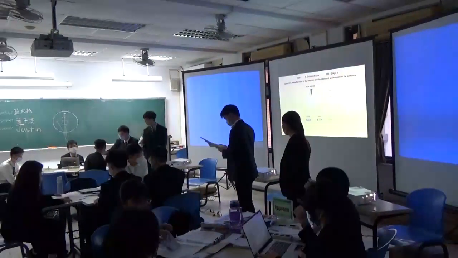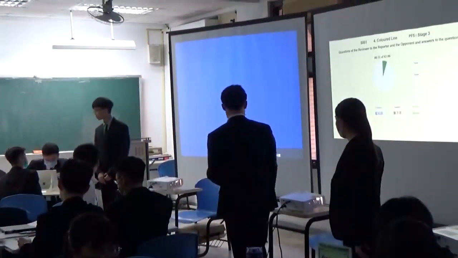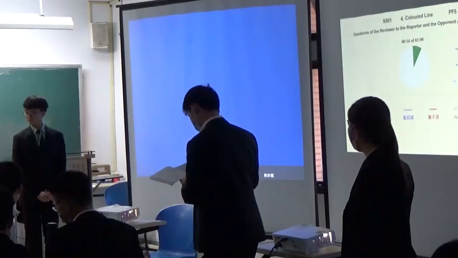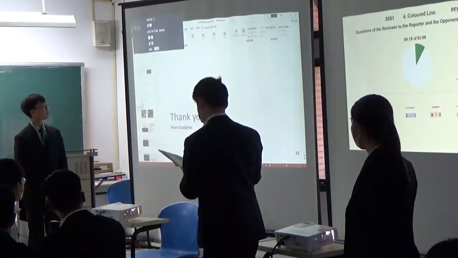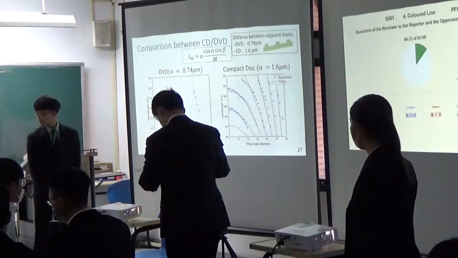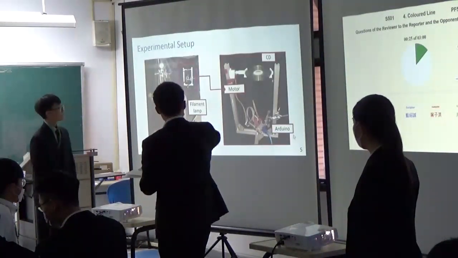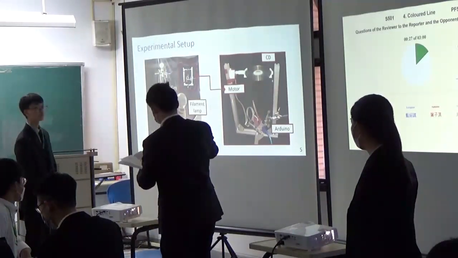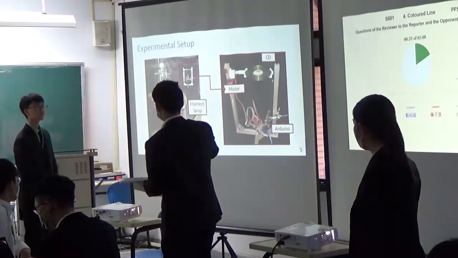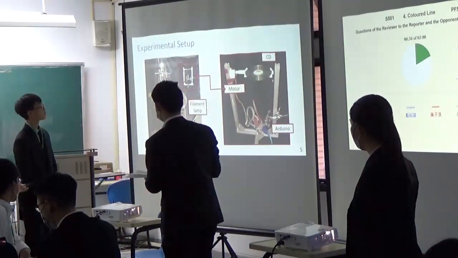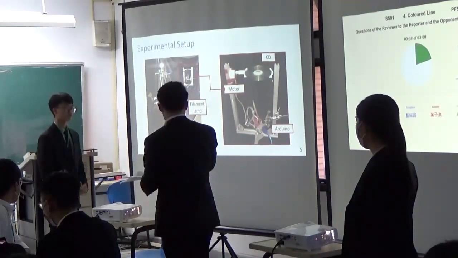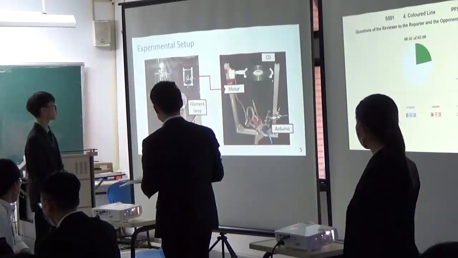Can you go to your experimental setting, page 5? For that one, did you make sure that from your filament lamp you use a slit or some light blocking mechanism so that you only get one angle of light to go through to the disc? Even if the lights go in different directions, it won't affect the experimental results.